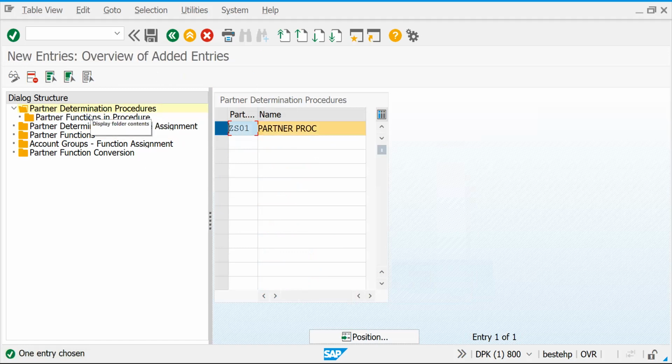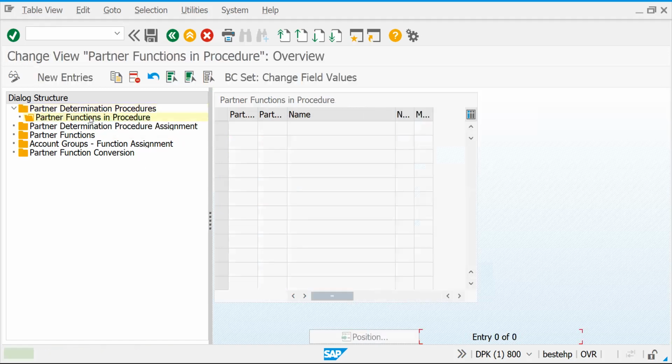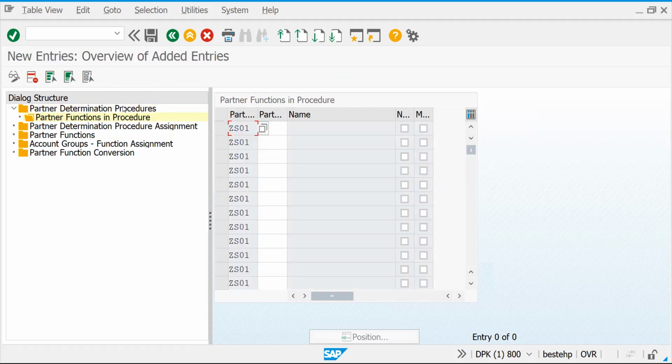Let's select this and click partner functions in procedure. So now if you see, nothing is available. First thing is that you have to define the procedure and you have to assign your partners. Now what we are calling: sold to party and ship to party and bill to party and your payer.